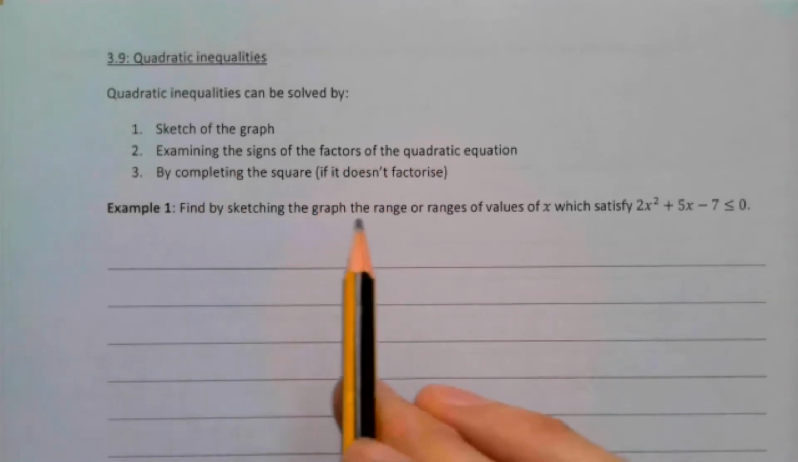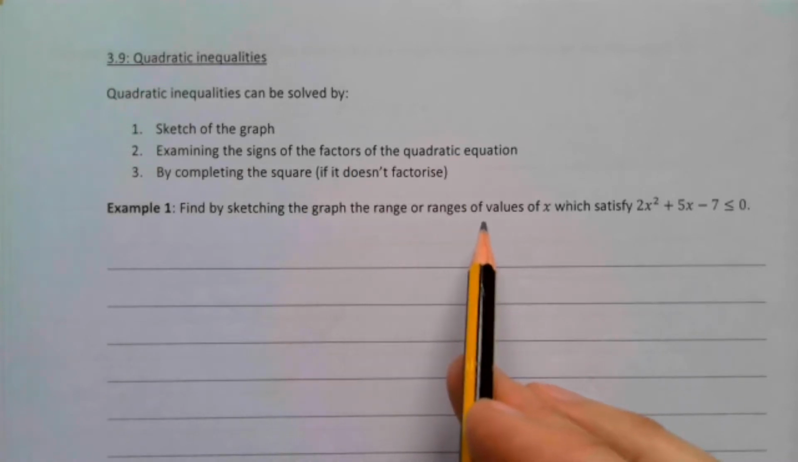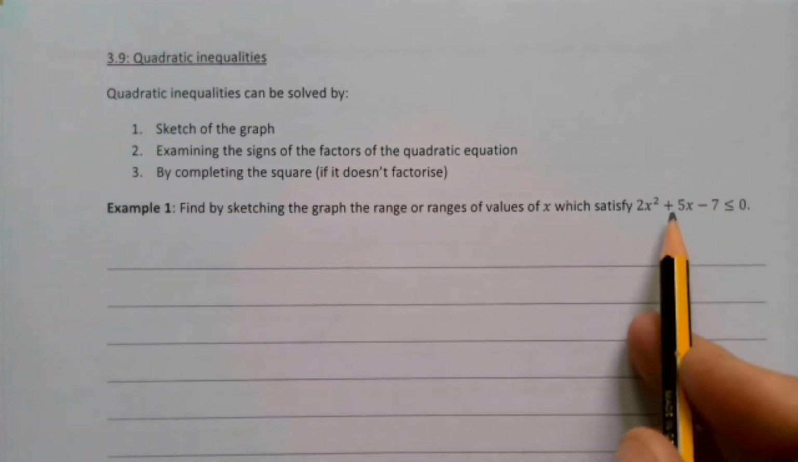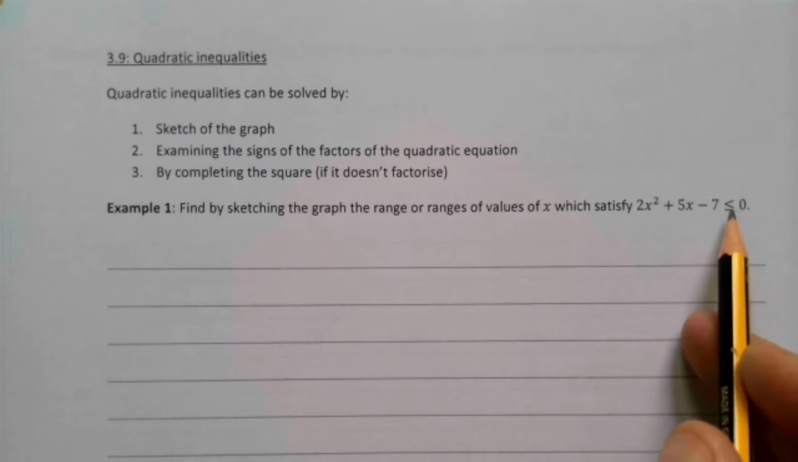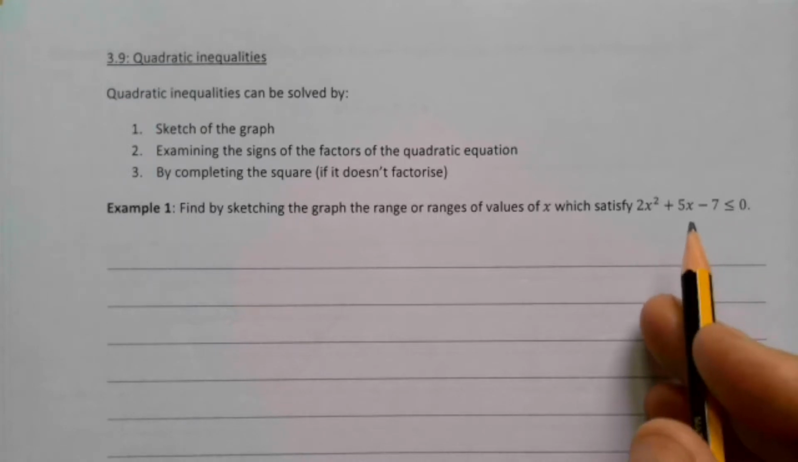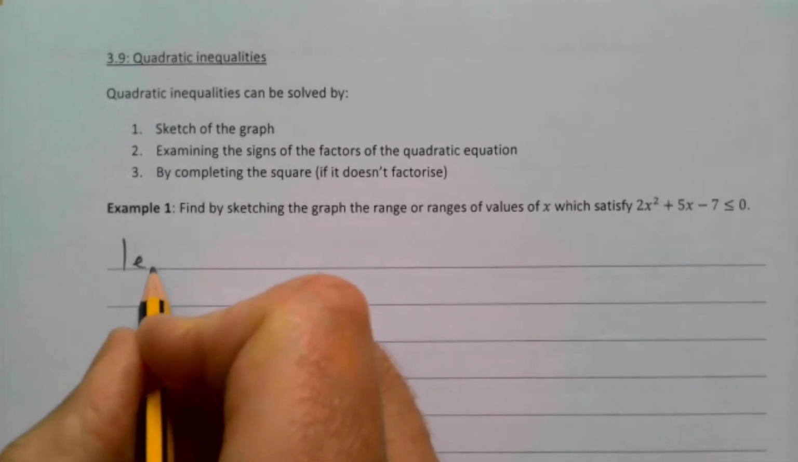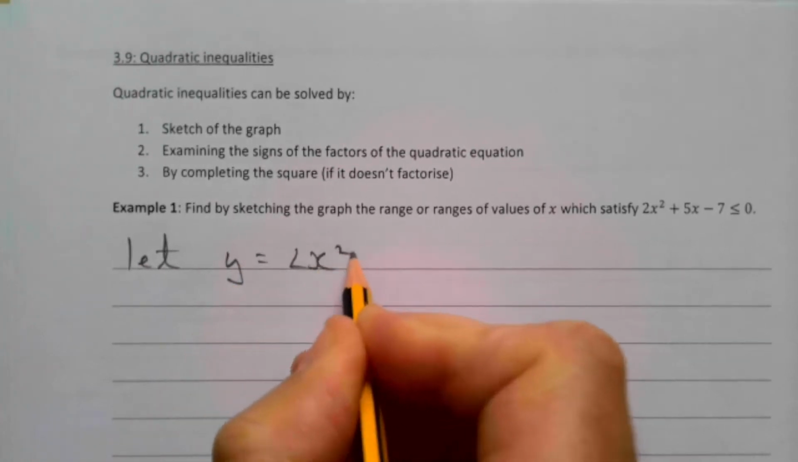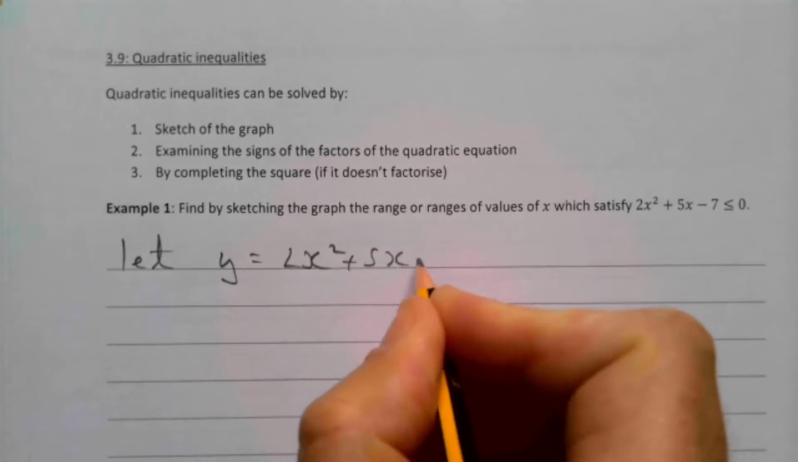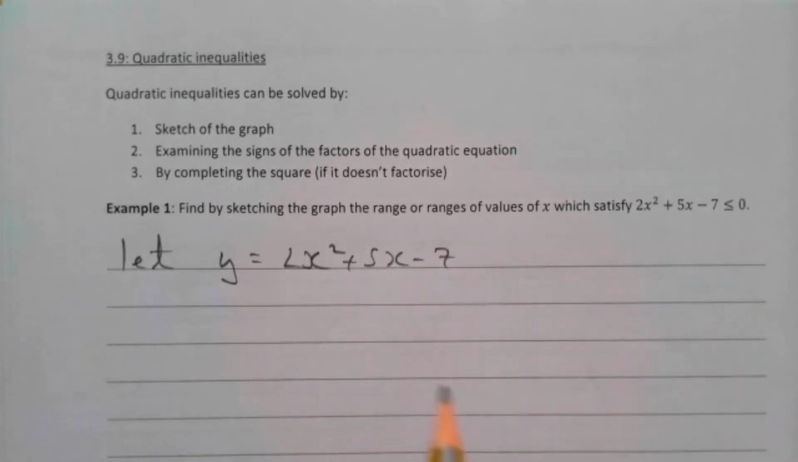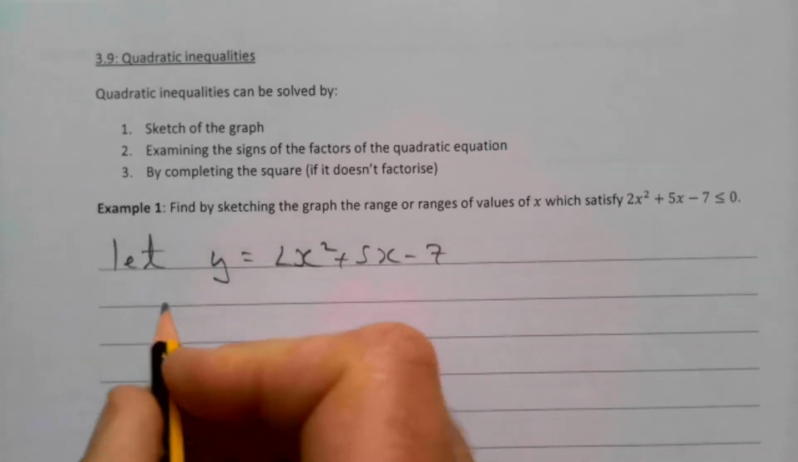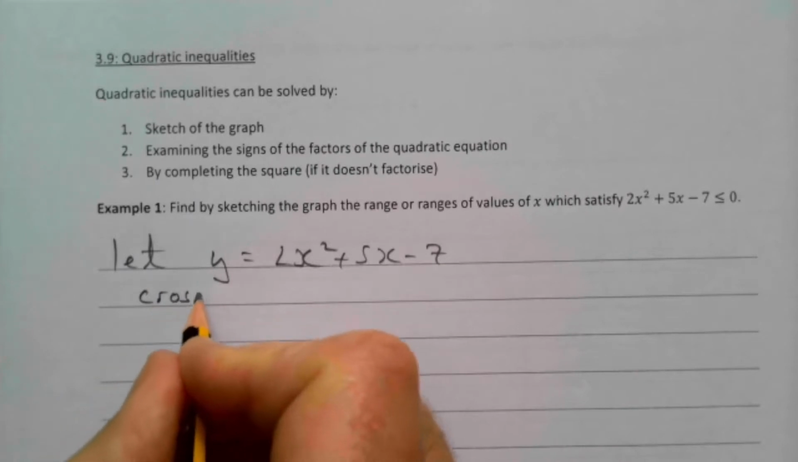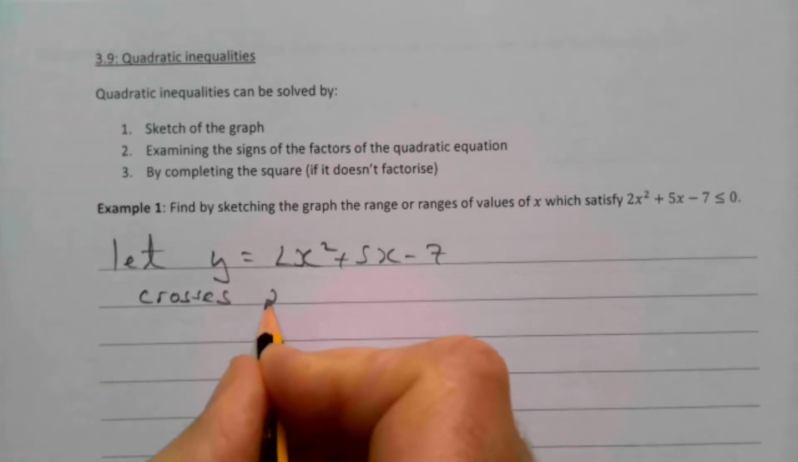So by sketching the graph, find the range or ranges of values of x which satisfy 2x squared plus 5x minus 7 less than or equal to 0. So our first move is we're going to let y equal 2x squared plus 5x minus 7, and then just get a bit of an idea for the graph. We don't need to go mad here in terms of plotting it. So it crosses the x-axis